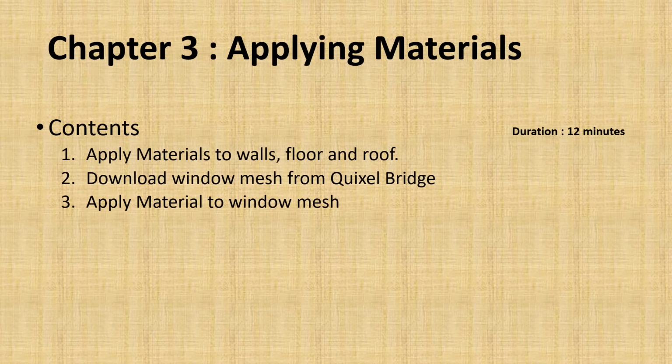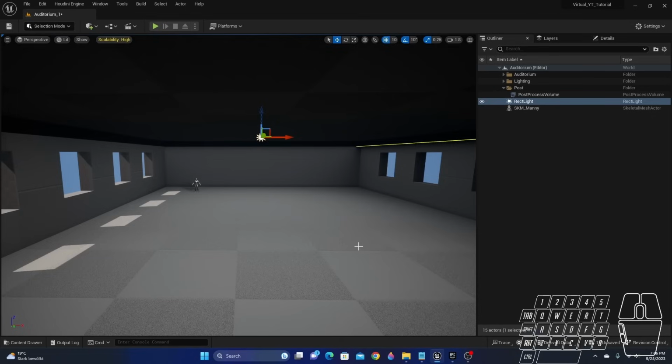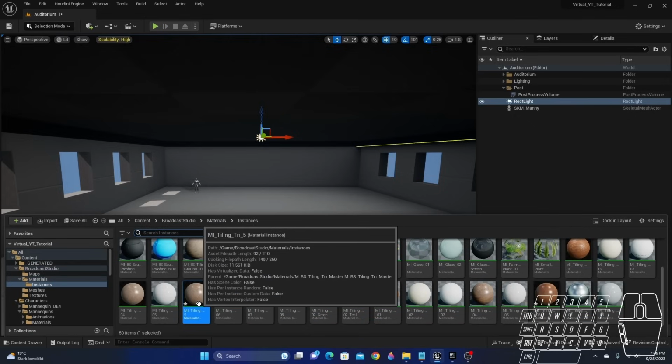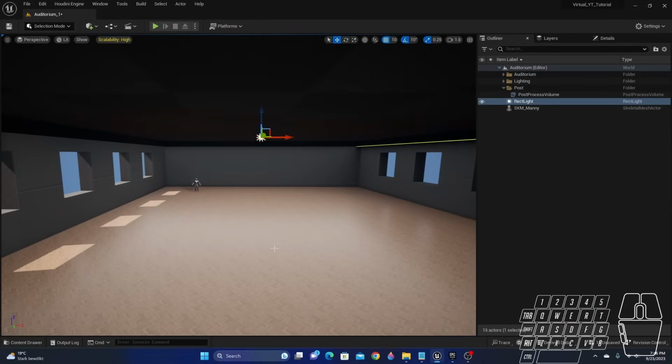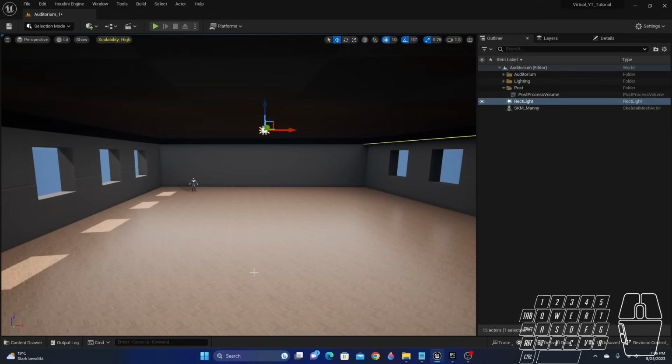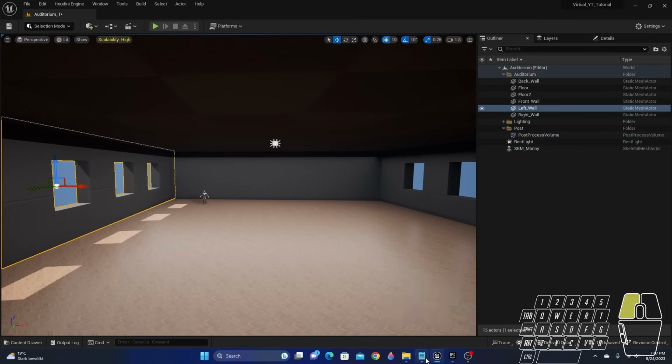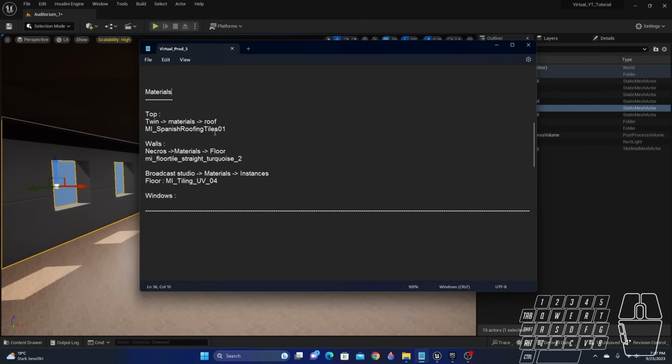This is chapter 3. Now let us apply the materials. So first we will apply the material for the floor. Let us go to the broadcast studio and the materials, and then I will place this one. So actually you can keep any material which you like, but I am placing this material. And then for walls, we will give